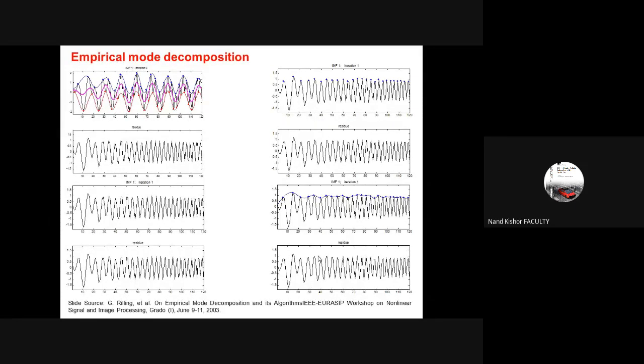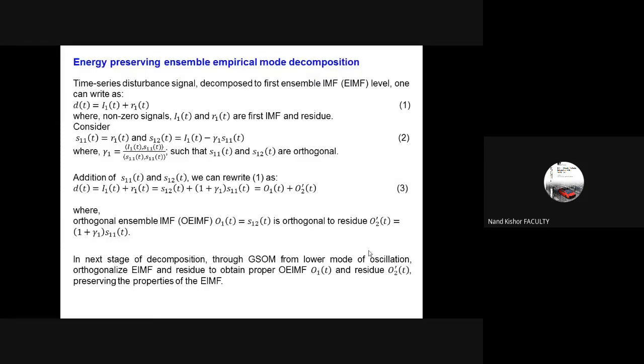So it is possible that the first IMF will correspond to the highest frequency component, the next IMF will correspond to the next highest frequency component, and the last IMF, the n minus 1 IMF, will correspond to the lowest frequency component. The last signal component will be your DC decay component, that is your residual component, right? So with this background, we move to the technique that we had applied.